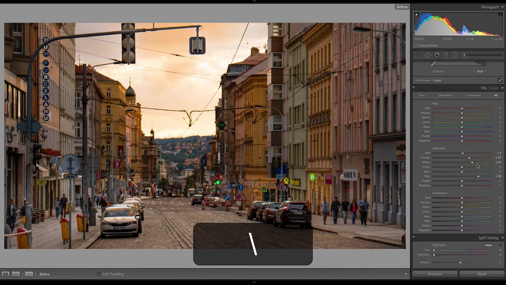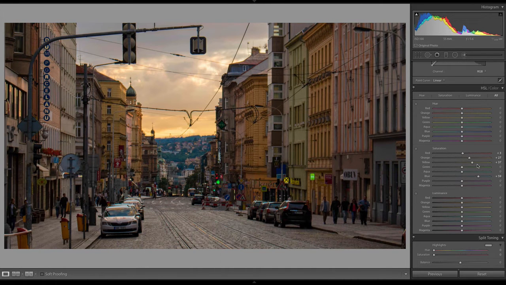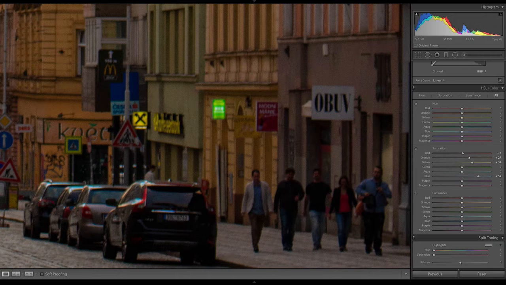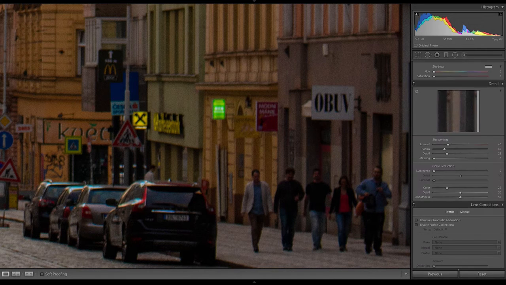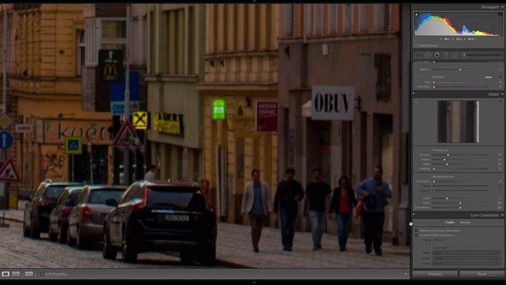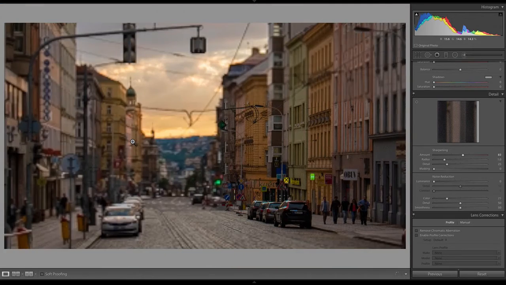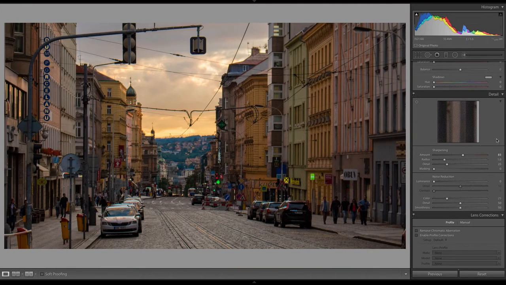Now I can see that there's a couple things that I want to do to make some more improvements. One thing is this photo isn't that sharp. We do have a lot of noise, but it's also not that sharp. So I can go down here and sharpen it just a little bit more so that when I'm zoomed out, it looks a little bit sharper.